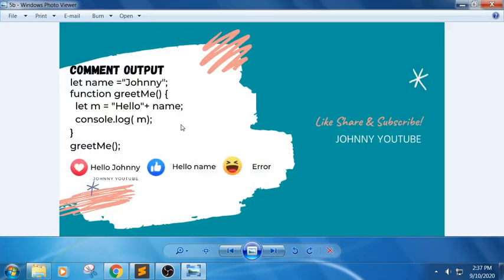Next question. Here see we have hello, let name equal to Johnny, and let name equal to hello plus name. What would be the output of this snippet? The output of this snippet would be a global variable, so we can access it anywhere. So the answer for this snippet would be hello Johnny. Next one,